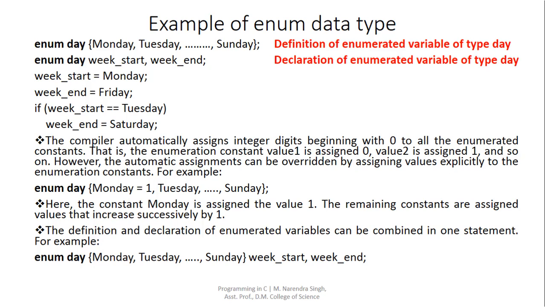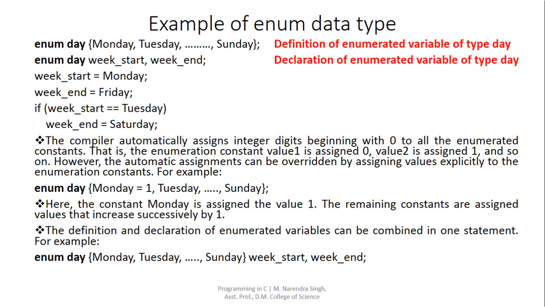The second statement, enum day week_start, week_end; declares two variables week_start and week_end to be of enumerated data type day defined above, which can take the enumeration constants